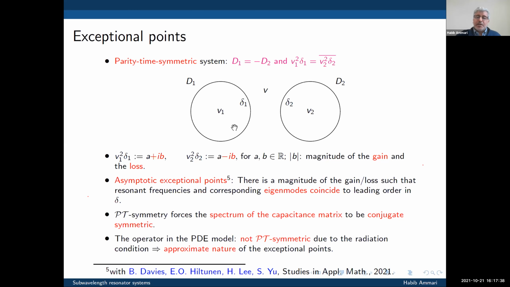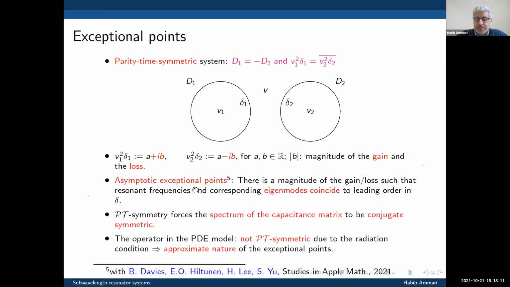Okay. So let's call this V1 square delta. V is the speed of the wave, and delta is this contrast between the densities, between the rho inside and outside the resonator. So let's write them like A plus IB. B is the magnitude of the gain and the loss. And what we can prove is that this parity-time symmetric system of subwavelength resonators has